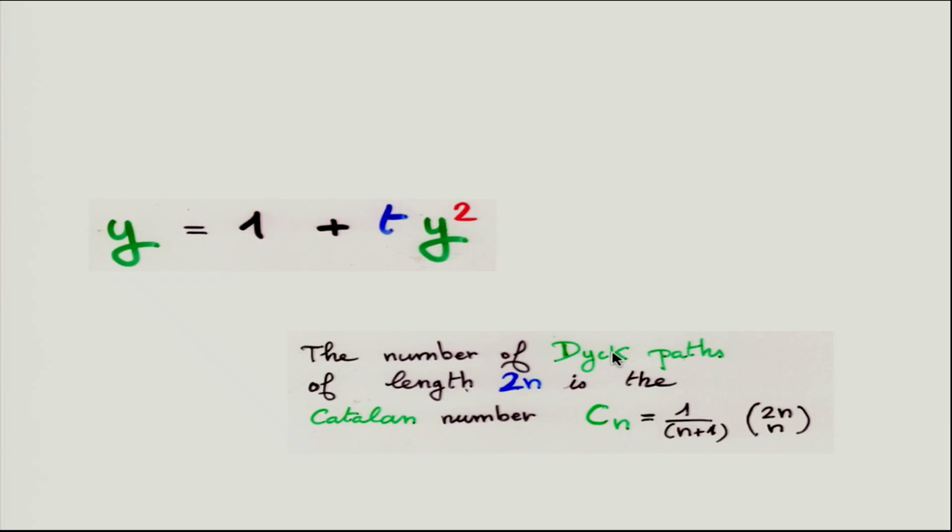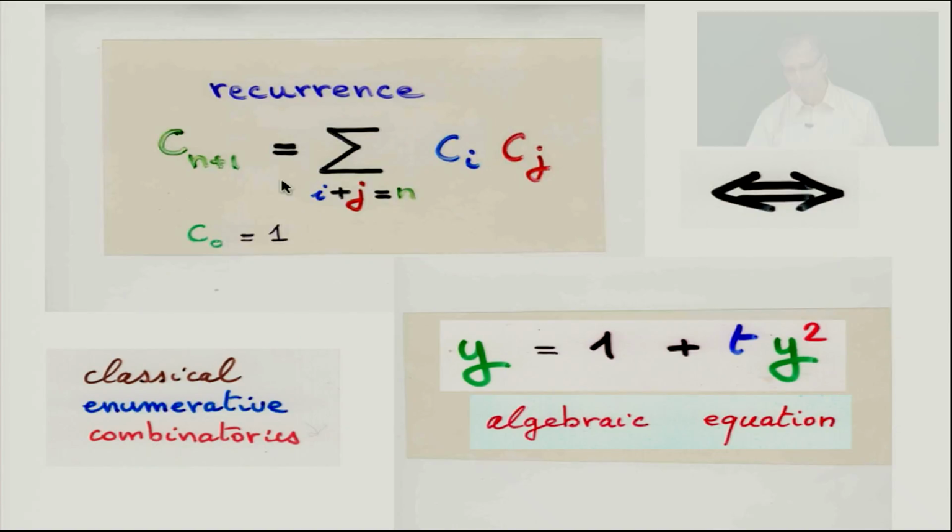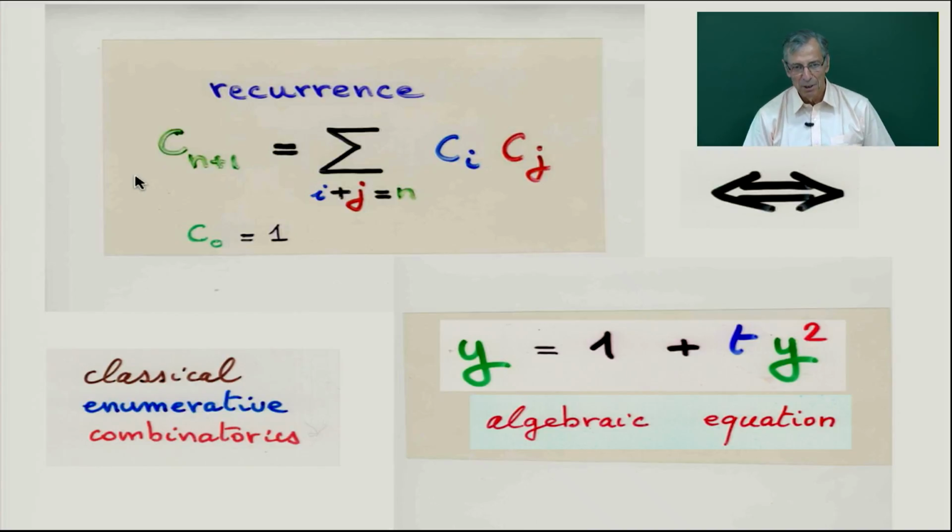And so the number of Dyck paths is a Catalan number. Why? So I have given straight away this algebraic equation from symbolic calculus. Usually in the old time, people were giving a recurrence relation between Dyck paths of size n with Dyck paths of smaller size. But this recurrence relation, if you know the definition of the square of a generating function, is equivalent to this with the initial condition.